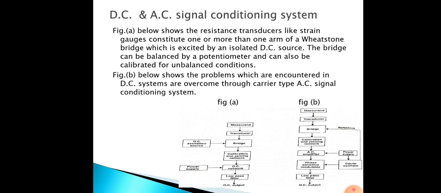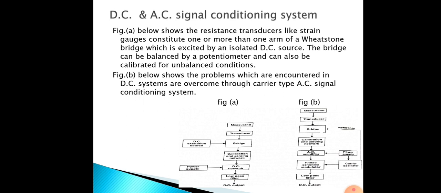The next one, AC signal amplifier. Here you can see in the diagram the transducer parameter variation. In this AC signal conditioning system, we will be seeing how we overcome the problem. First one was DC, the next, figure B, is your AC. Here the transducer parameter variation modulates the amplitude of the carrier frequency at the bridge output, and the waveform is amplified and demodulated. The demodulation is phase sensitive to show the polarity of the DC output.